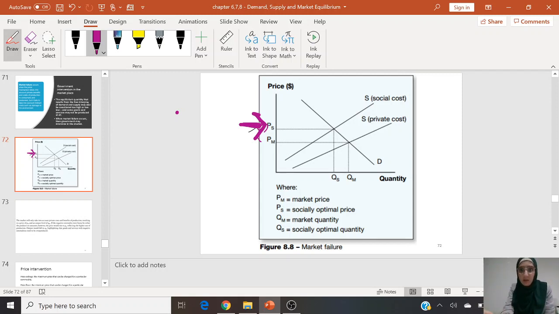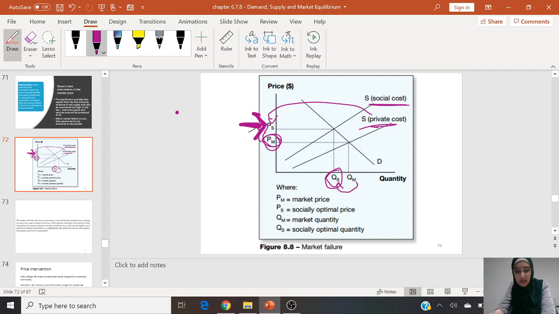just because it's more expensive for them to produce something if they keep in mind the social cost. If they keep in mind the fact that producing a normal plastic pen is good for their private cost because that's cheaper, but it's bad for society, so let's consider the social cost. And if they do consider the social cost, they're going to move to PS because the price actually does increase, right? At the same time, the quantity supplied, or the QS, which is the socially optimum quantity, also decreases from